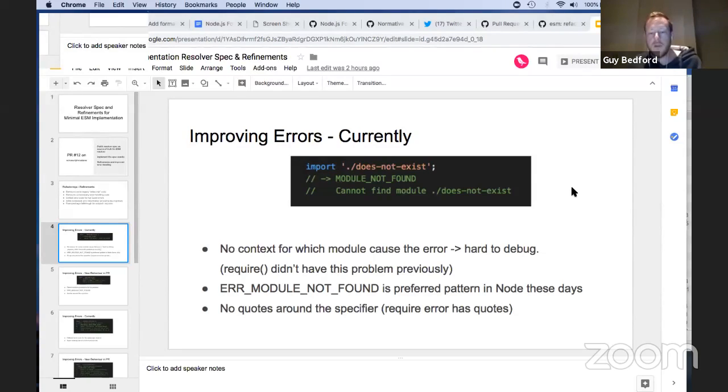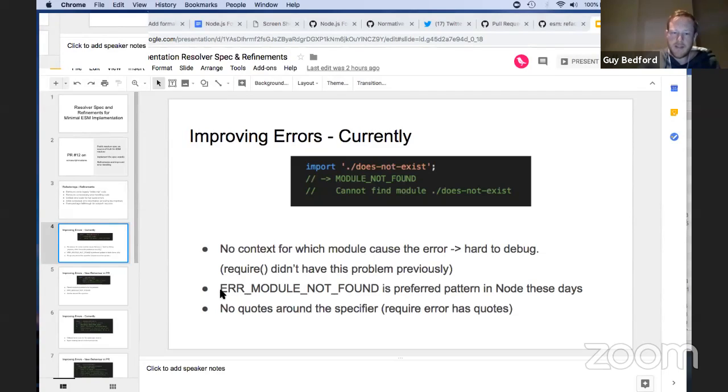Now there's a few things that are tricky here. ES modules are quite different to require. In require, when you get a module not found, you can see the exact require that caused the bug. But in ES modules, because it's a resolver that's happening and it's not running through executed code, you don't know which file caused the issue necessarily. So the debugging information can be quite hard sometimes.